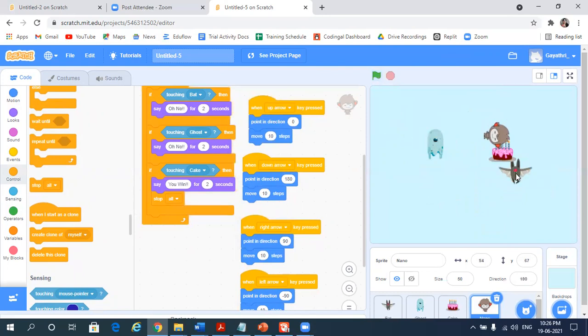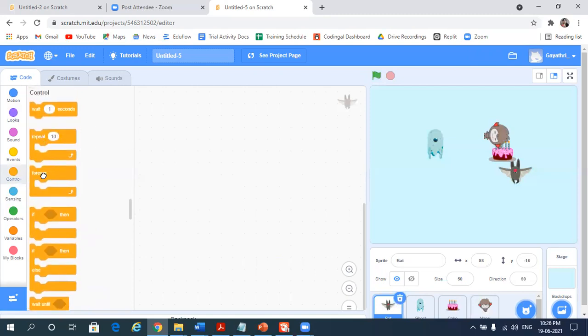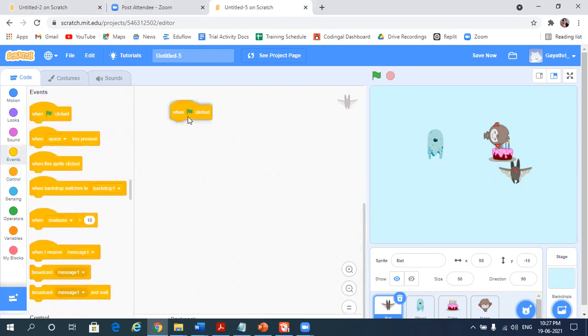Okay, so if you see bat here, it means we are programming for bat. Okay, so for bat, we'll go to control blocks, forever. So let me take off this forever block. So I need an event here. So take when flag is clicked,